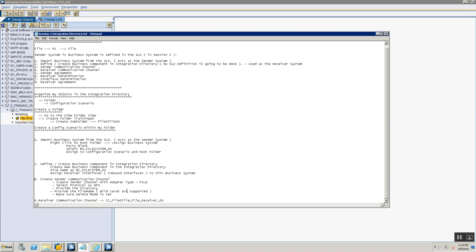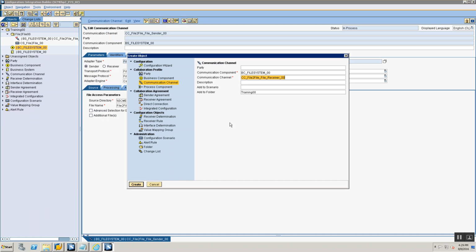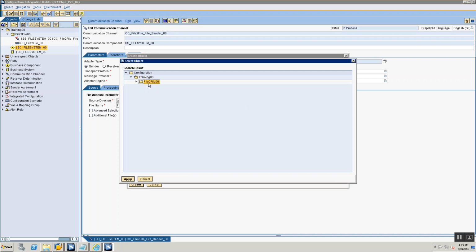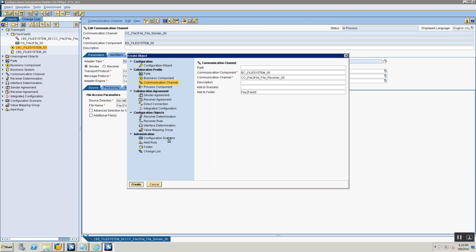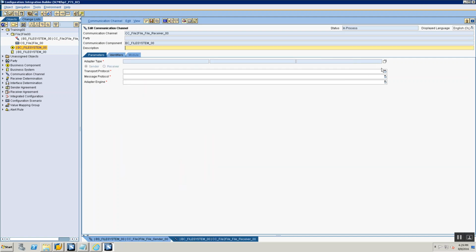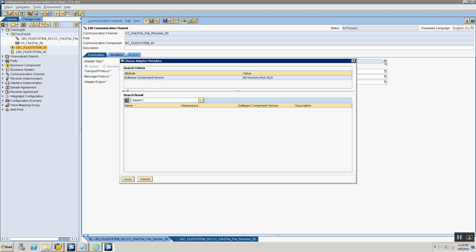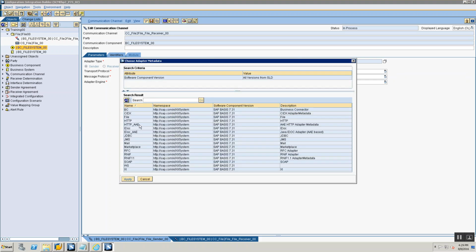Okay, the sender channel was called... Make sure it is assigned to the right folder, file to file. Make sure it is within the file to file folder. Say apply, let's say create. Now that my file adapter channel is created, select the adapter type. And what is the adapter type going to be? File, because this is of type file adapter. So make sure that the adapter type that is selected is file, and after you make it file, click on